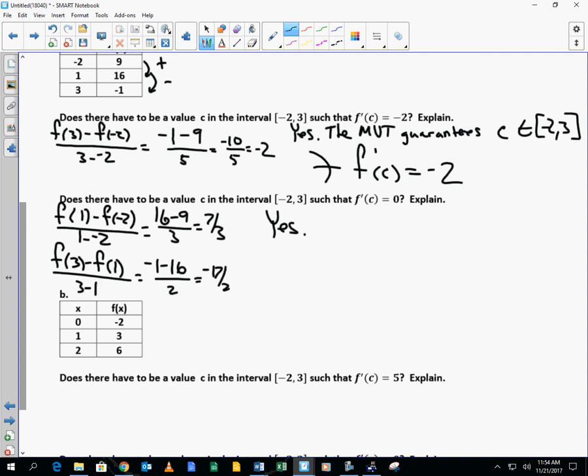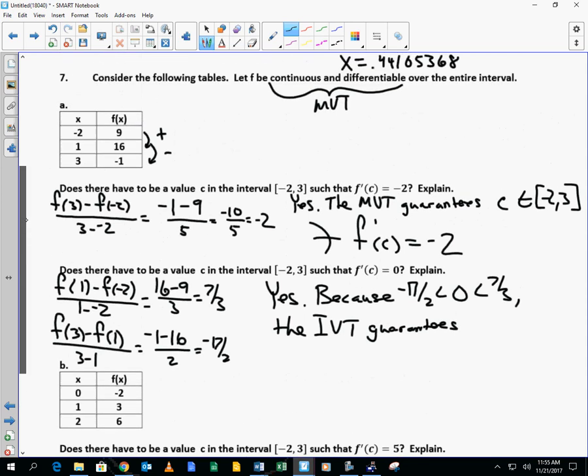So yes. Because negative 17 over 2 is less than 0, which is less than 7 over 3, the IVT guarantees